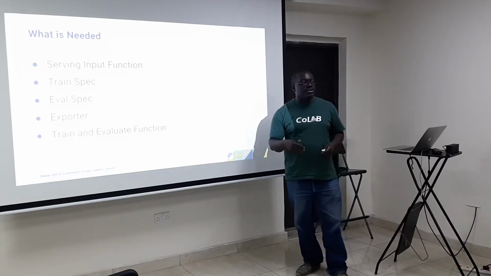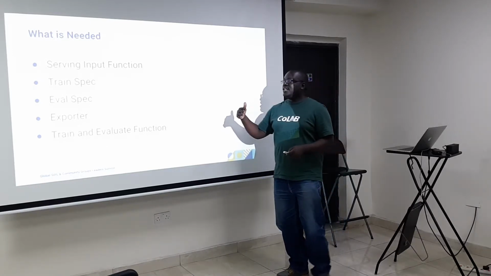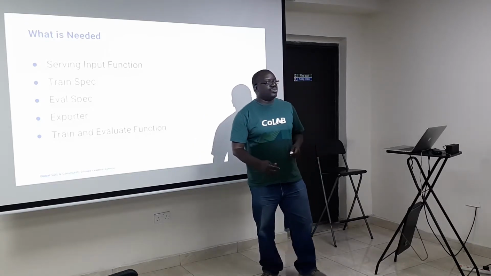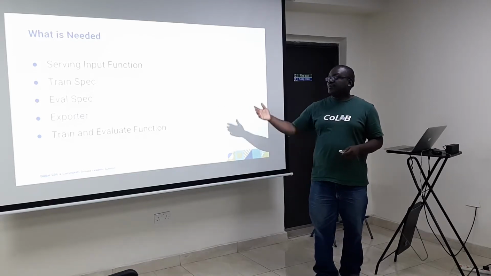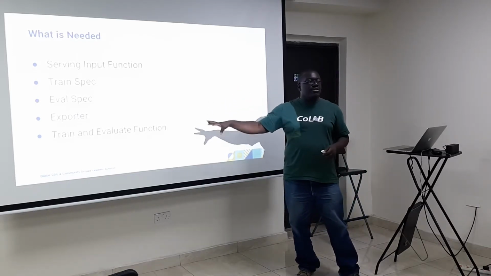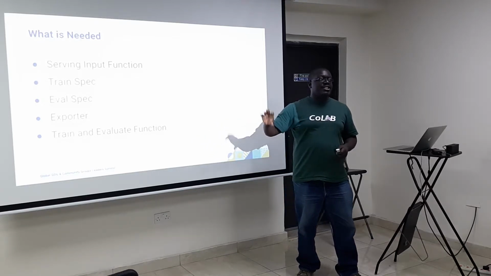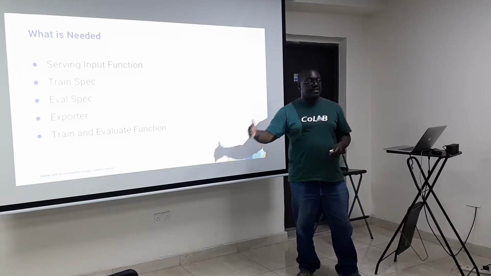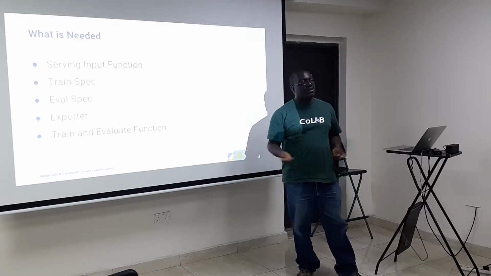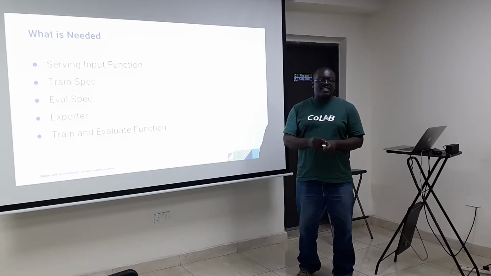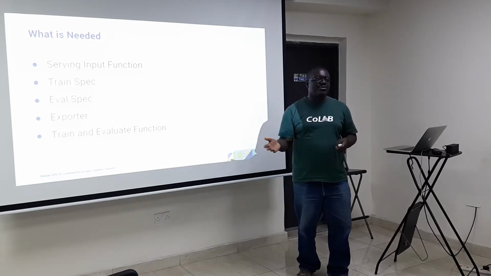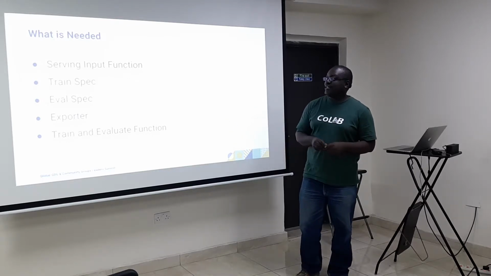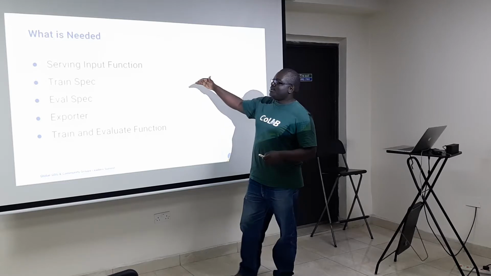So in order to put it into production, there's something called a serving input function that needs to come into the equation. And that serving is actually the keyword. That's because the Google Cloud Machine Learning Engine is an implementation of something called TensorFlow Serving that is notoriously difficult to set up. It's probably as difficult as setting up Kubernetes on your own. Yeah, because it's so difficult that there's a Kubernetes version of it which is supposed to be easier than setting it up directly. So you need a serving input function.